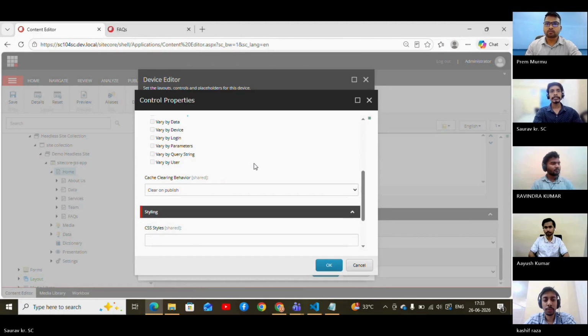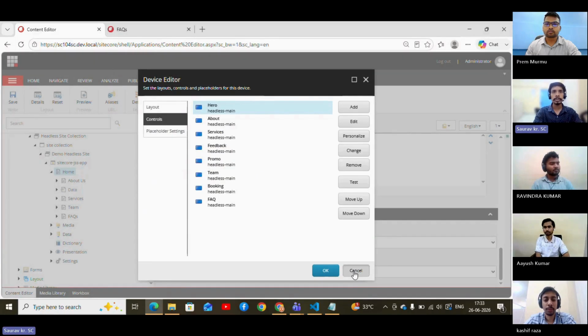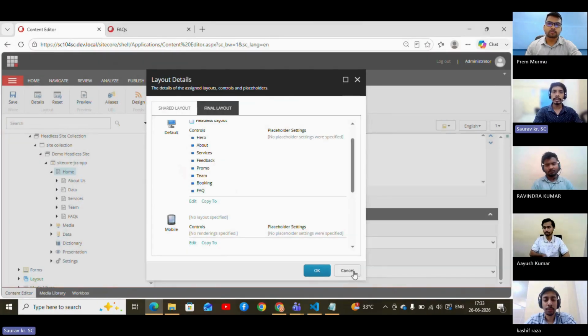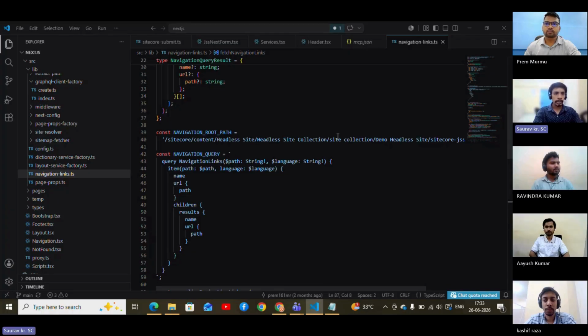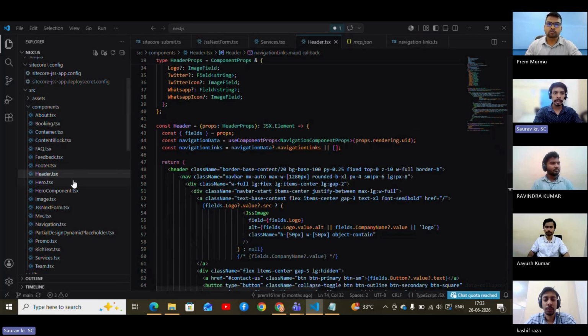So now let's move to the front end side to see how to implement these components in the front end. I have already created different components, suppose like I created the header component,